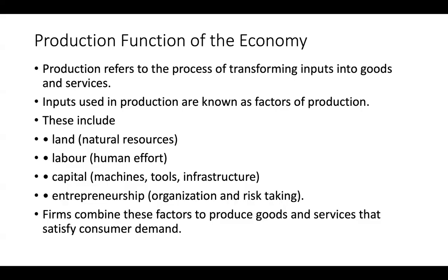In an economy, we have economic decision makers. Economic activities involve several participants, but three groups play a particularly important role. These groups include the household, the firm, and the government. The household acts primarily as consumers of goods and services. The firm acts as the producer of goods and services. Then the government regulates economic activities and provides public goods and services.